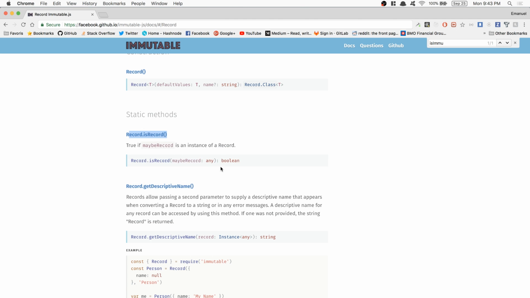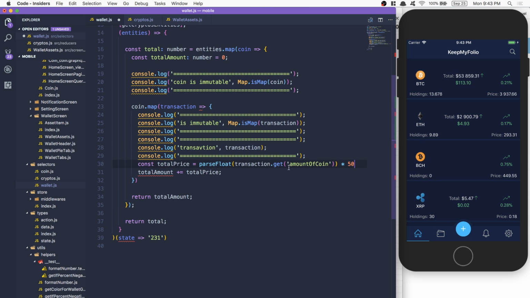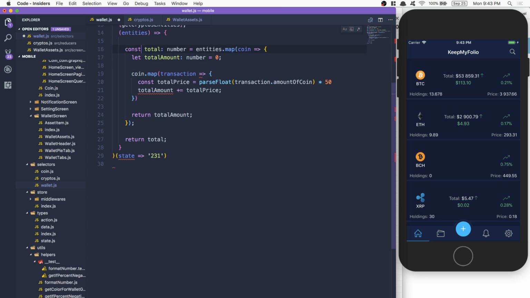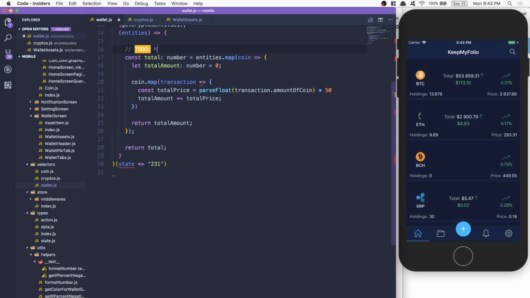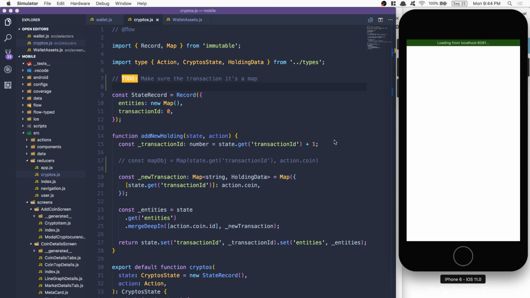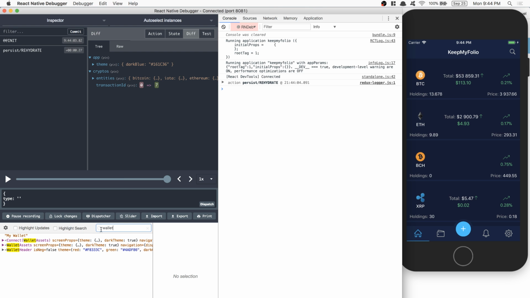I'm going to keep it this way for now. I think maybe I'm going to need to. So finally here, that's just going to follow it. Here we don't have to get the... And now here I can do this, do that. I have to make sure the transaction is a map. Maybe I can just take this thing and put it on my crypto here. So now I'm going to check my wallet, if I go to my wallet and search for my wallet,